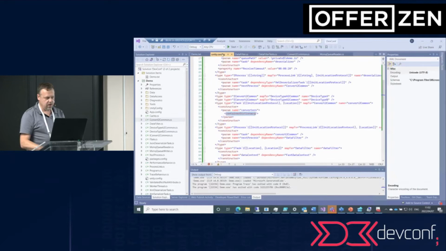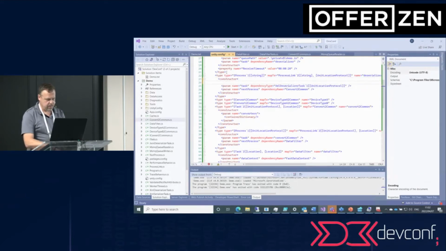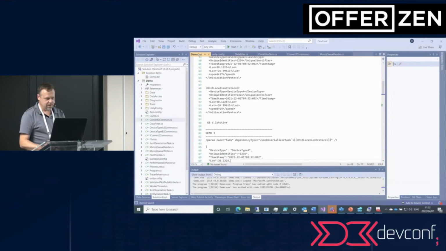And it's only a configuration change here. So I replaced this XML serialization with JSON there, and just to show you that it's actually working,